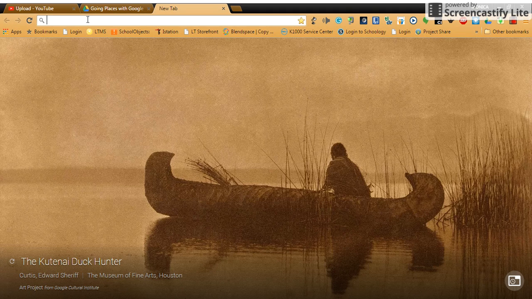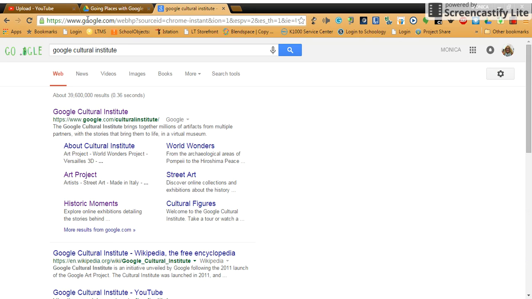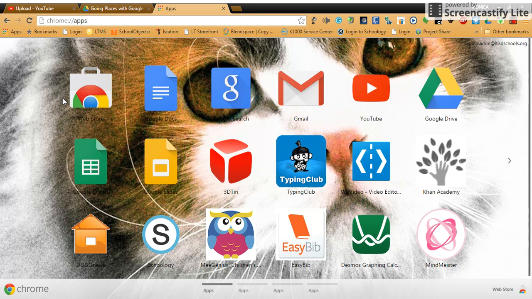Obviously, you could type Google Cultural Institute up in the search bar and find it that way, and then save it as a bookmark. Another thing that's a little bit easier to do is if you go into apps and you go to the Chrome Web Store,